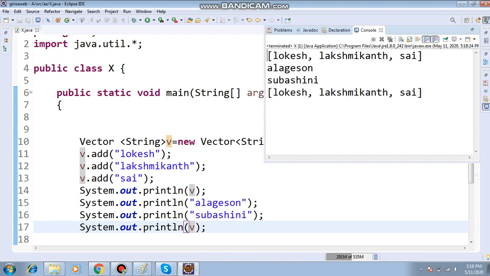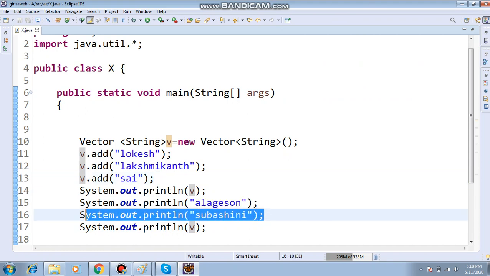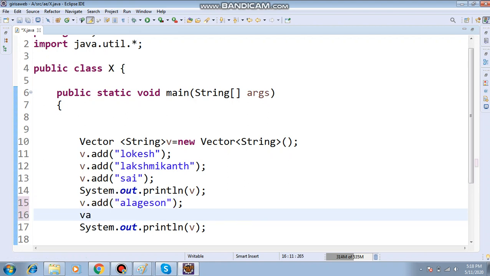Here, instead of system.out.println, I have to use the add; by mistake I added the wrong one.